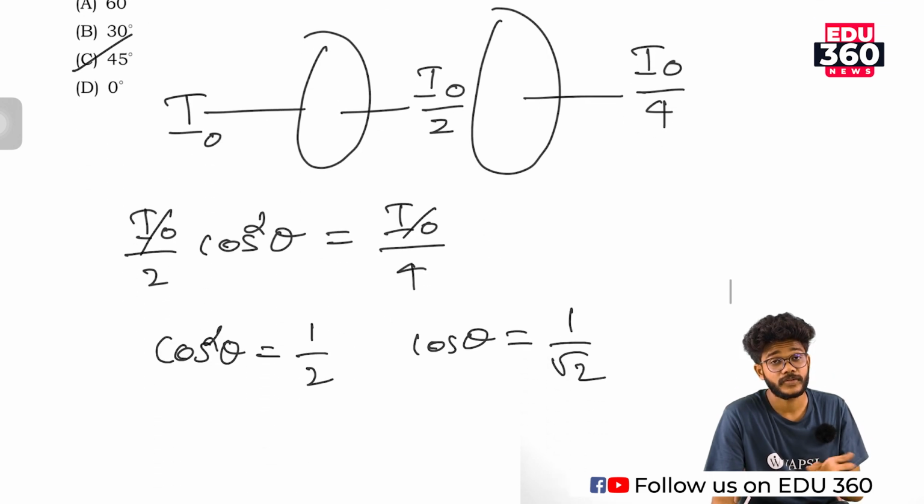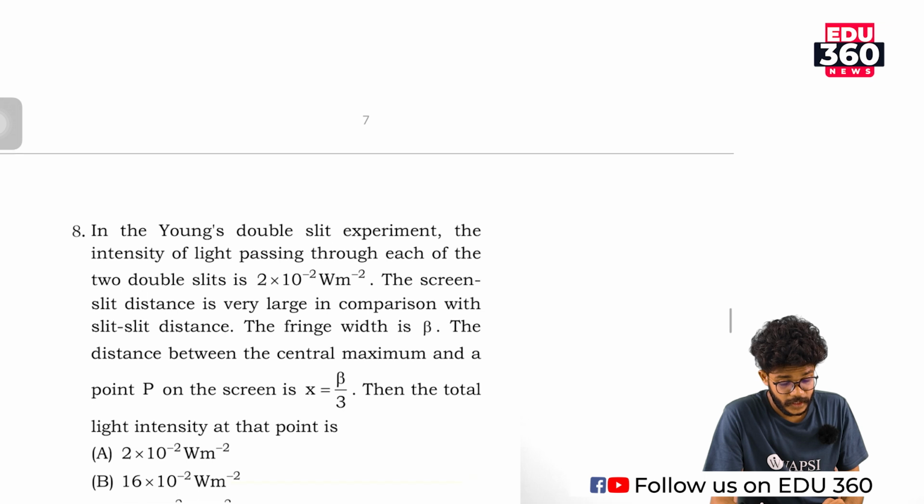Cos inverse 1 by root 2 is 45 degrees. Okay, we can move